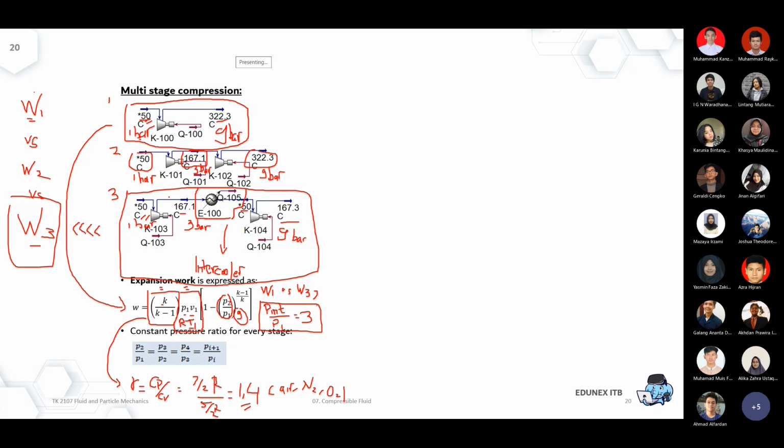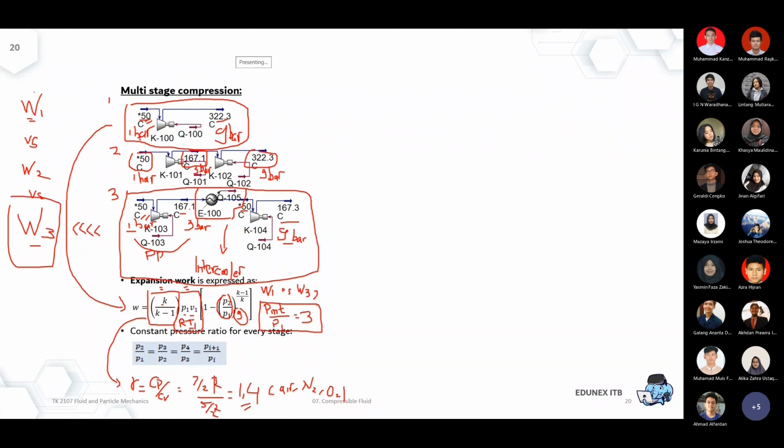And if you want to break the compressor down into multiple stages, the rule of thumb is to use the same compression ratio at the first stage and the second stage. So if you want to compress from 1 to 9, the logical way is to split from 1 to 3 and then 3 to 9. Why? Because now we are working with a constant pressure ratio.